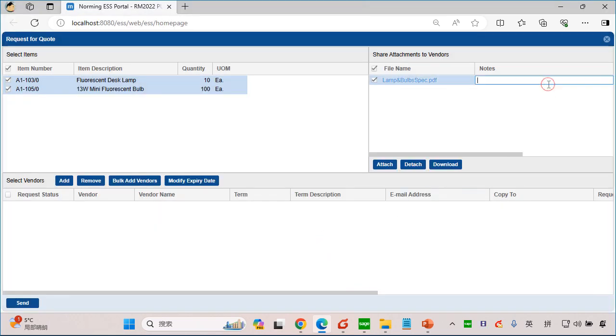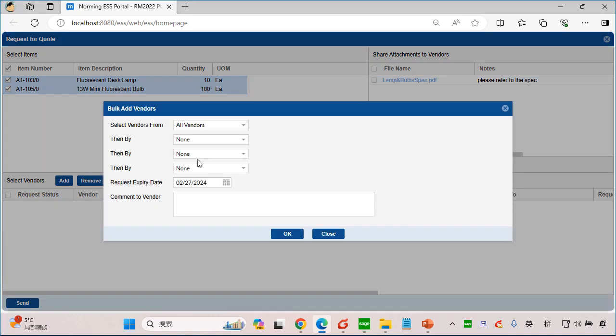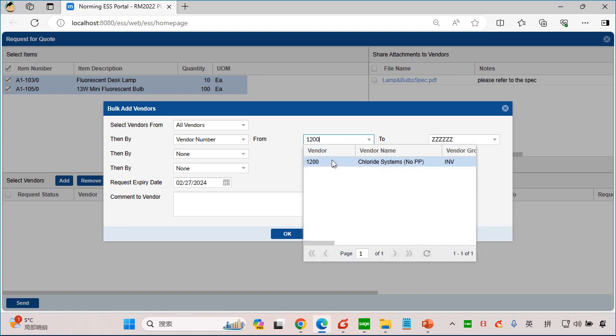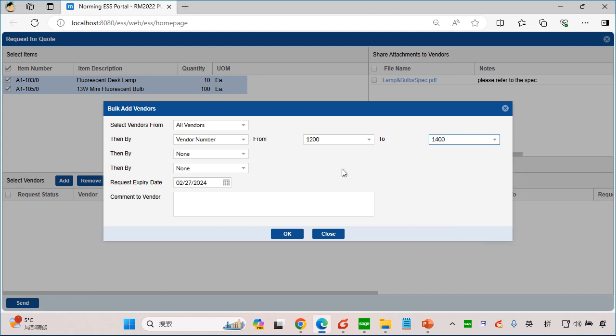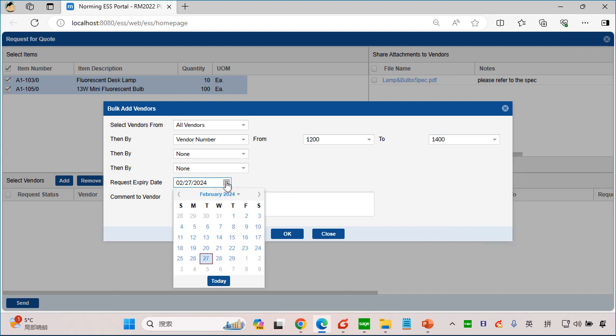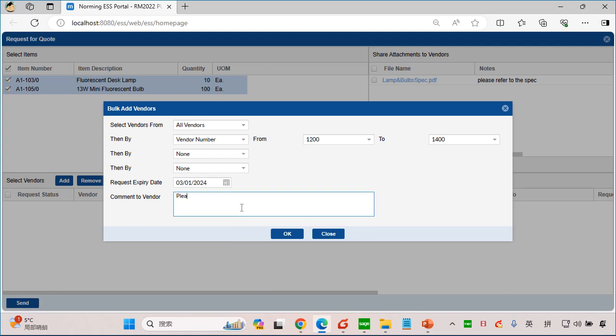Okay, so please refer to the spec. I can add vendors one by one, or I can just add several vendors with several mouse clicks. I want to get codes from 120 to 1400, and this code request will expire by this Friday. So tell the vendors to please provide code